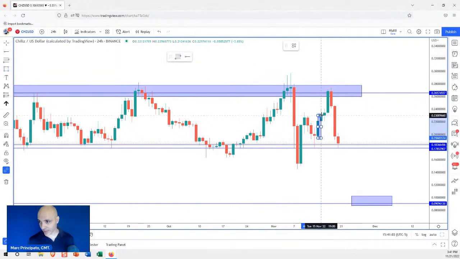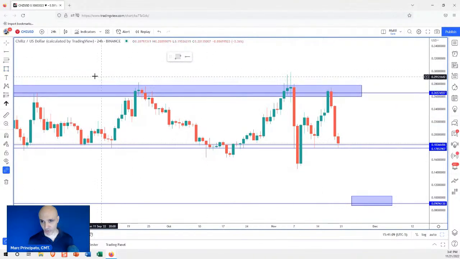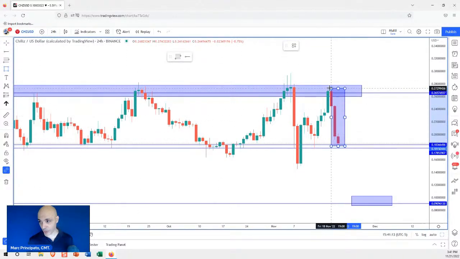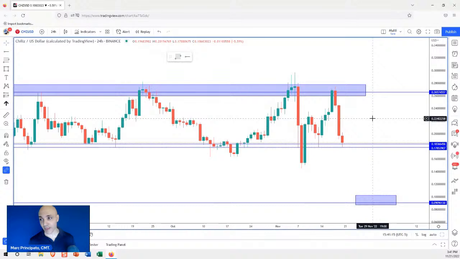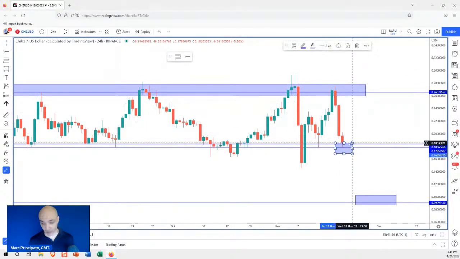Now, keep in mind, when you see something like this, a rally, everyone gets long, especially these clowns up here who buy into the resistance because they think they're going to miss out. And then you get this kind of swift rejection. You know what that means? That means there are a lot of longs caught. So it's very likely that this support breaks, because you have too many people that bought into this, and when it gives it back like this, that means they're all wrong a lot of times.